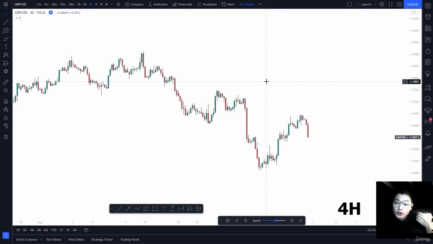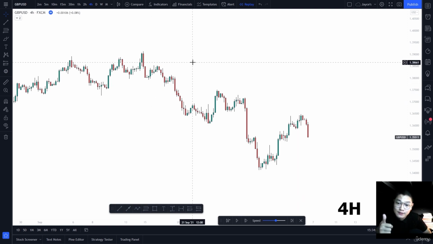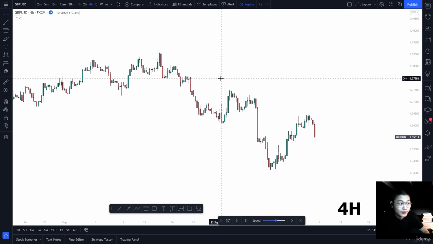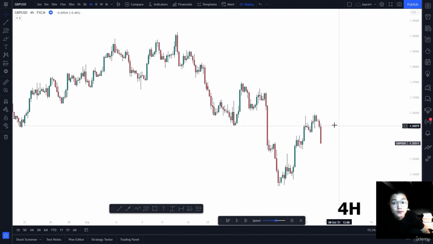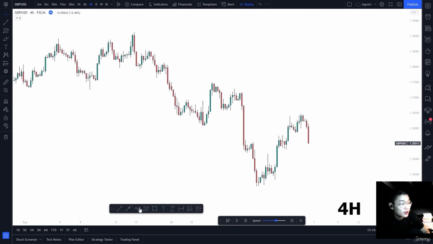In this example, I will show you one of my trades from the last few weeks, and you can see here is GBP/USD. Now I will analyze from the first step to the end. Here is the 4 hours time frame. So the first thing you need to do with the 4 hours time frame is